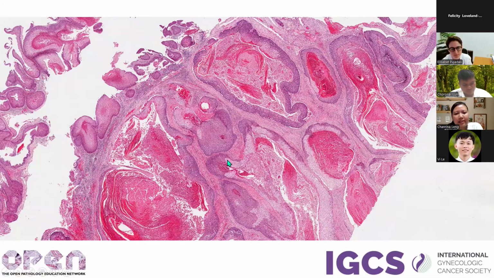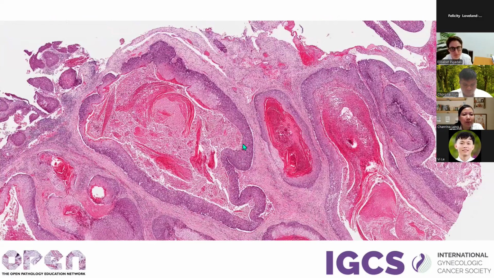If we look at the cells, we see that some cells have a blue and some have a white appearance, so I want to look closer at the lesion. Here, we see that the cells are squamous cells. And if we look closer at high power, we see that